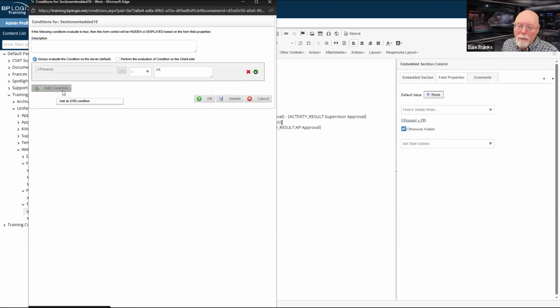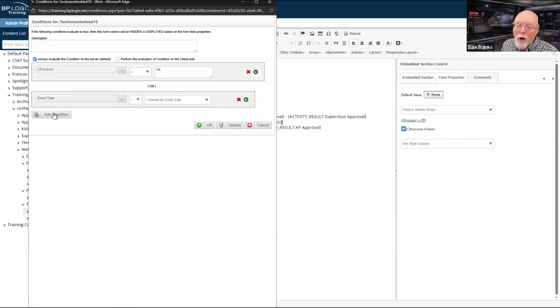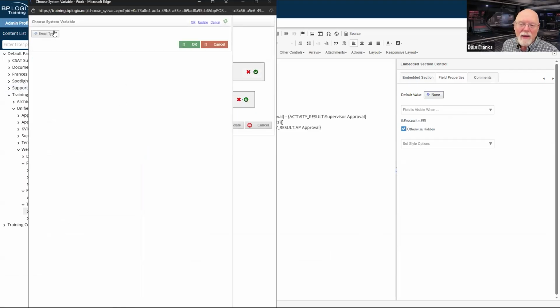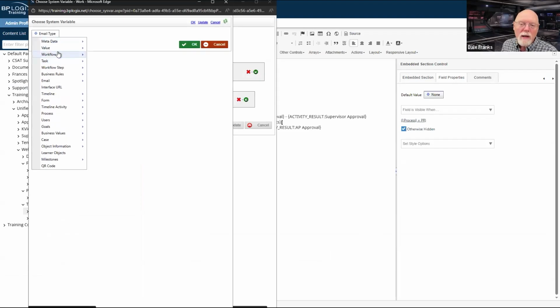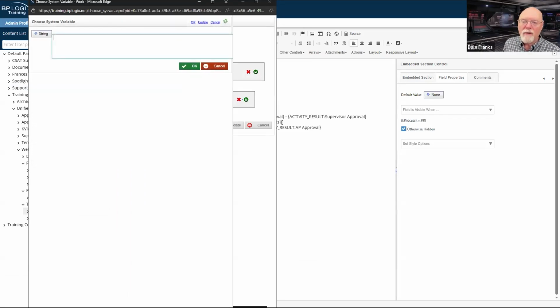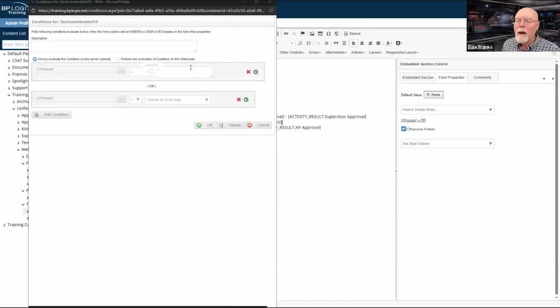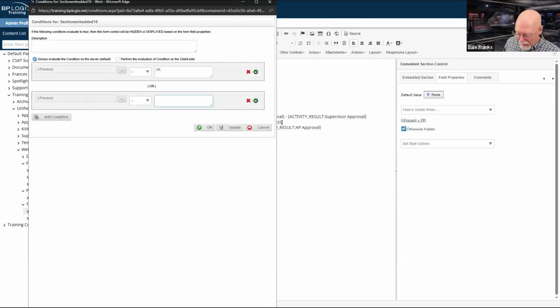So I'm probably going to need a lot of OR conditions that are going to have to be configured largely in the same way. I'm going to have to use the system variable. I'm going to have to evaluate the value of the process field. And I'm going to have to put the appropriate code there.